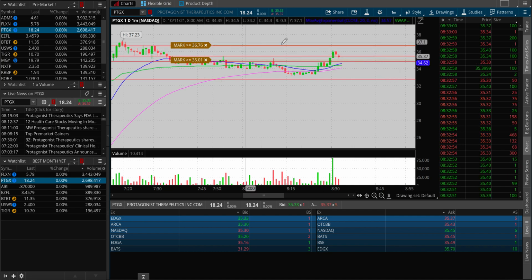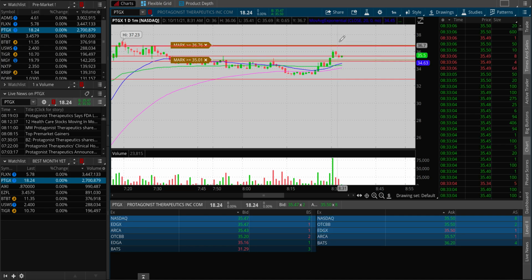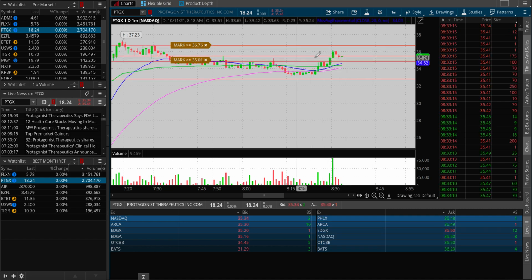However, if you wanted to keep some for this breakout, which wouldn't be wrong because it is a key level, you could potentially still have some shares left, and you would want to lift your stop at this point, right? Because you picked a successful entry, it had great resolution, you've taken your profit. At this point, you don't want to be losing on the trade, right? You want to make sure your stop loss is higher than your entry,